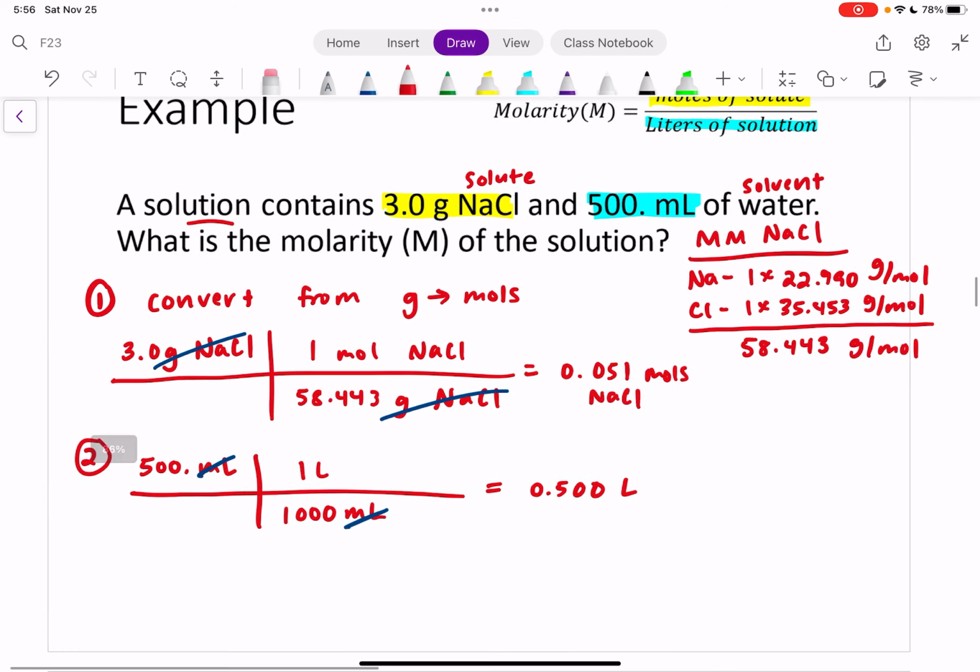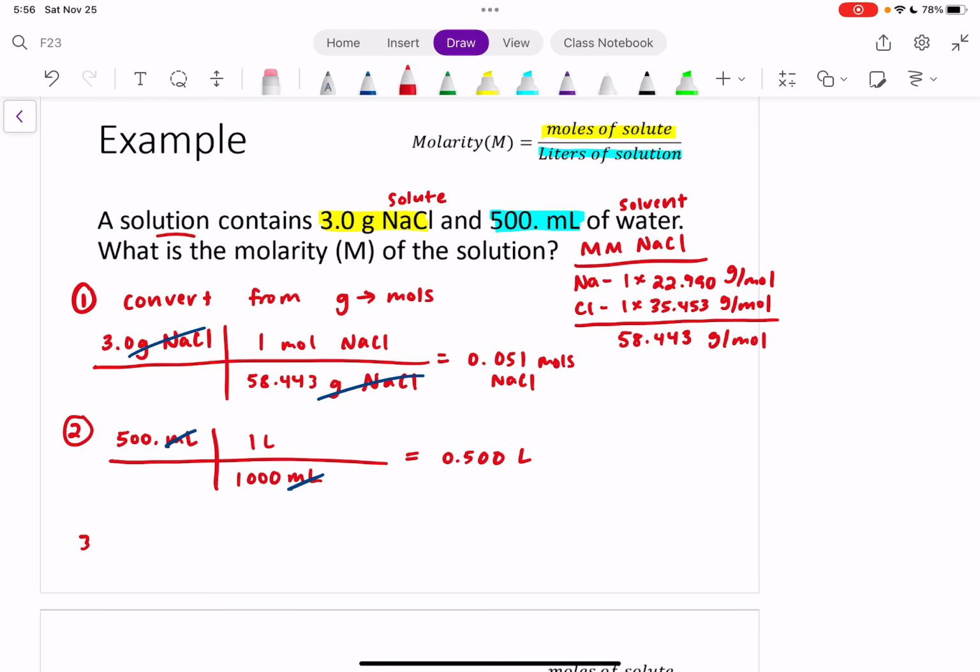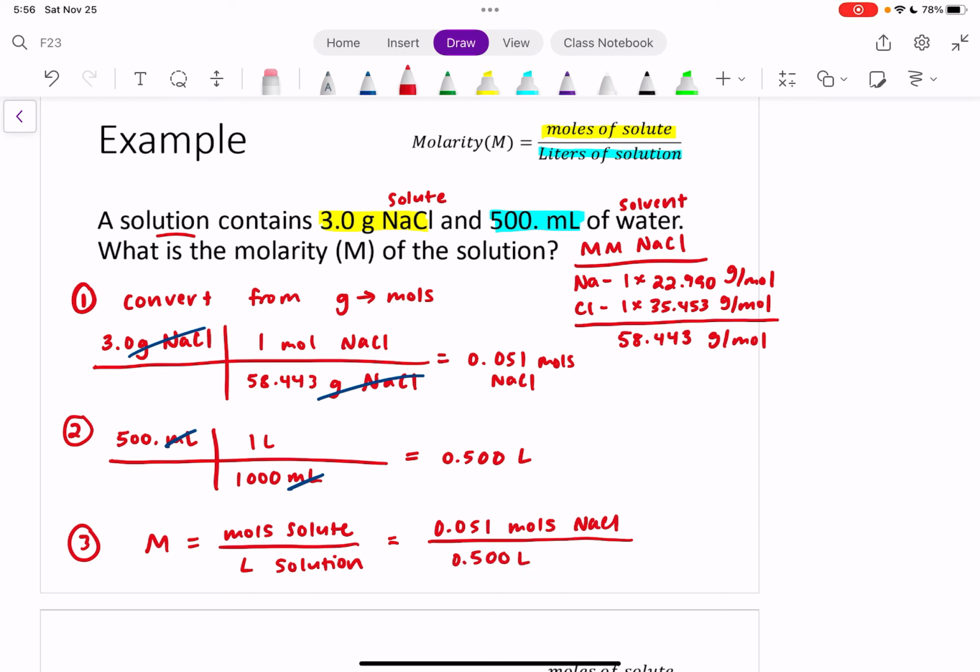All right, now we're ready to get our molarity out of this. So step 3, we're going to get our molarity. So molarity equals moles solute over liters solution. So in this case, that's 0.051 moles of NaCl over 0.500 liters of solution. And that's going to equal 0.102 moles